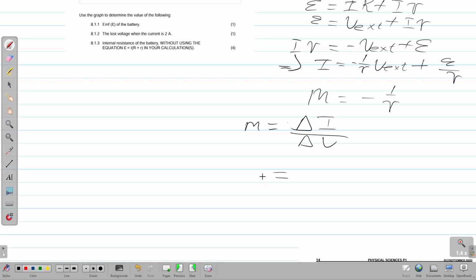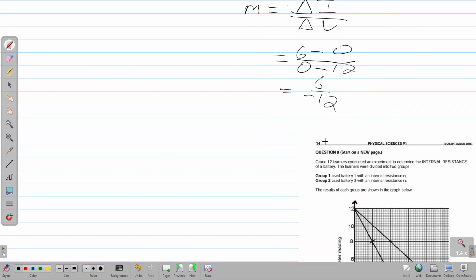So that equals when my current is 6 minus 0. My current is 6 when the voltage is 0, minus it's 0 when the voltage is 12. So I get 6 over minus 12, and then that gives me